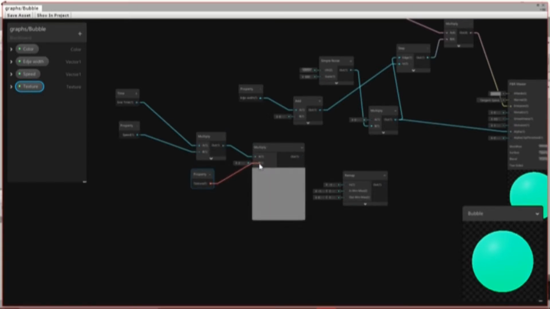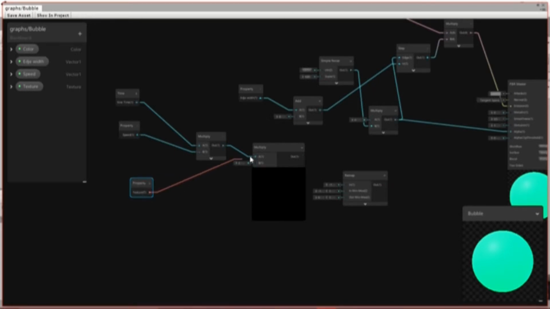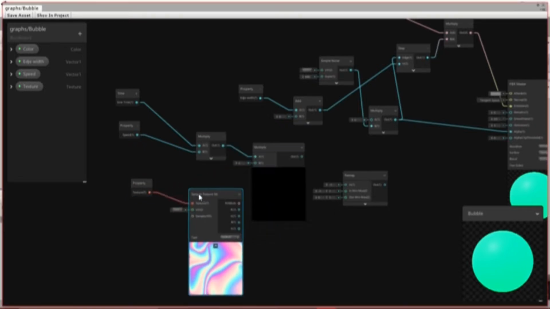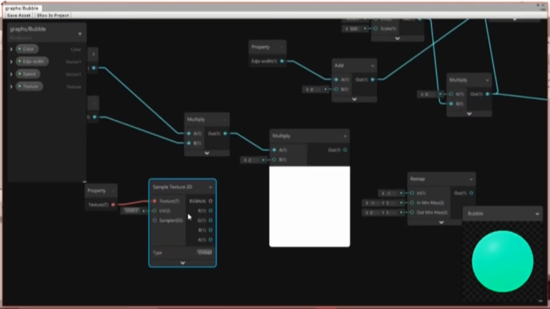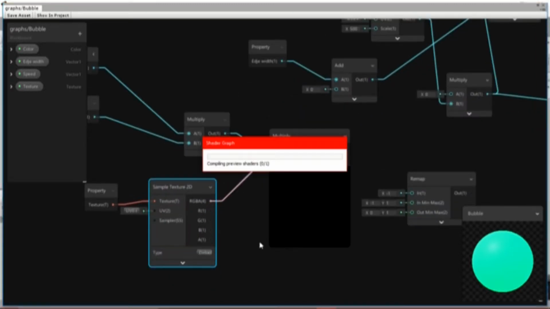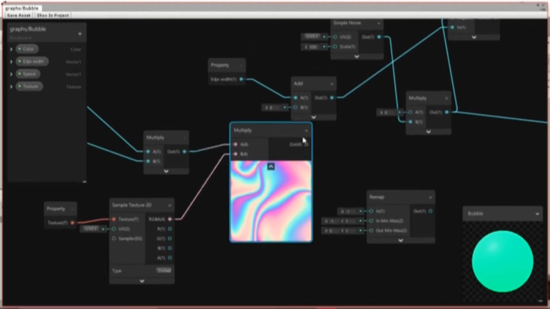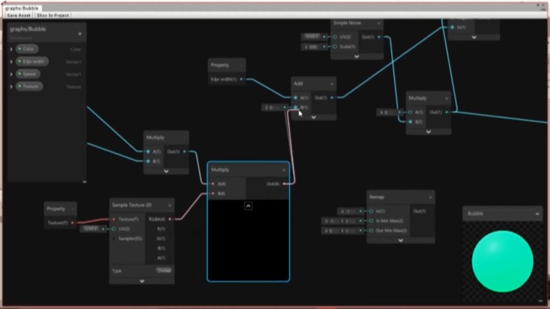Add this to that, and to convert a texture to this, you'll have to make an input. Okay, input texture sample texture 2D, as you can see, and you just take that and plug that here, and this will go to the P over here,